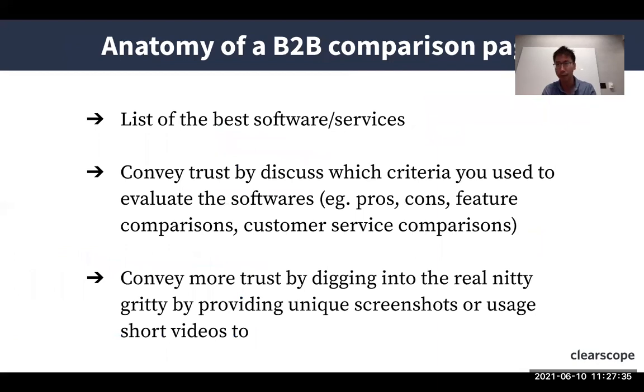The anatomy then of a B2B comparison page is fairly straightforward, fairly simple. You just list the best software and services of that particular category, and then you convey trust by discussing which criteria you use to evaluate the software. So what are the pros, what are the cons, what are some features that are missing here but are available over there, and then how's the customer service. And then you back that up by conveying more trust, by digging really into the nitty-gritty, providing unique screenshots or usage short